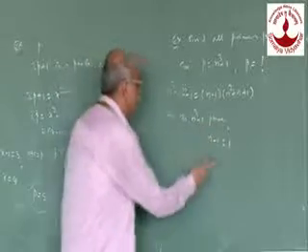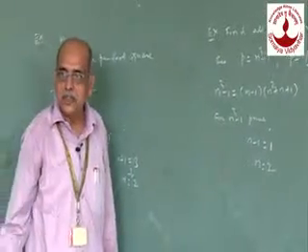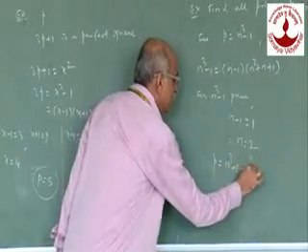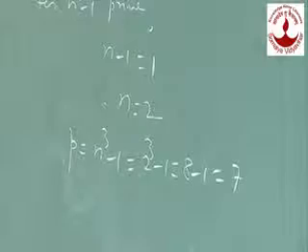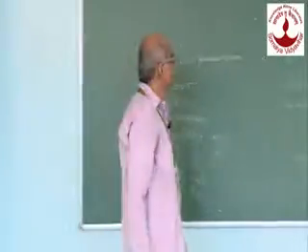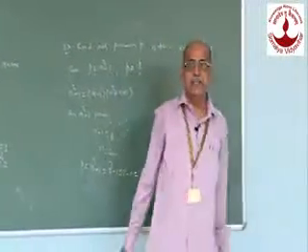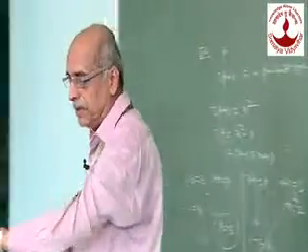And if n minus 1 is equal to 1, what happens? n is equal to 2. And so what is that prime? Which is 2 cube minus 1, 8 minus 1, what is that? 7. Again, 7 is the only prime of the form n cube minus 1. Like that there are various properties.